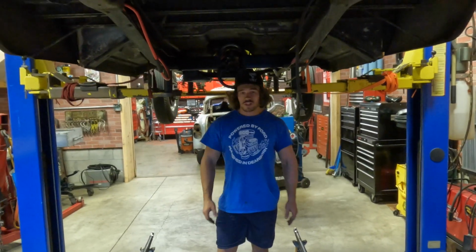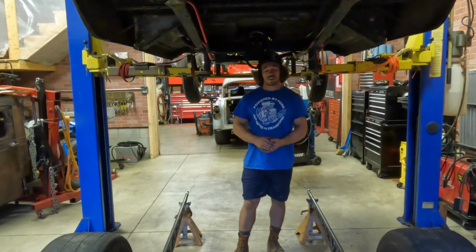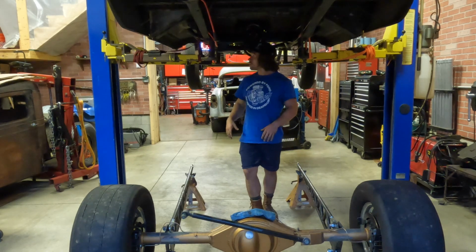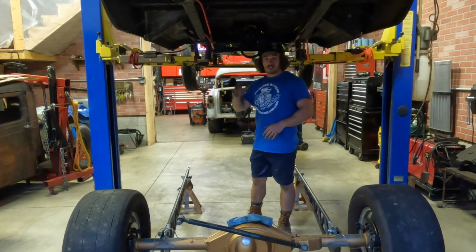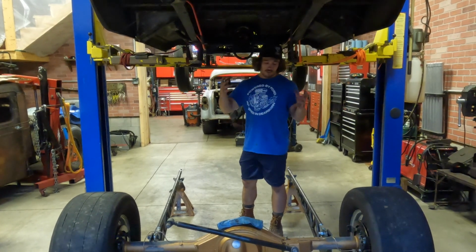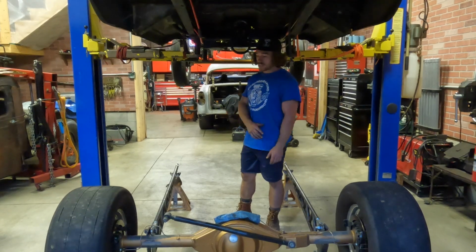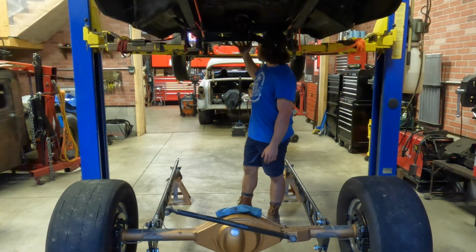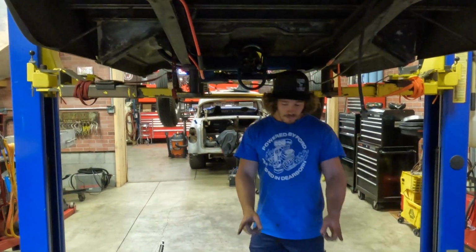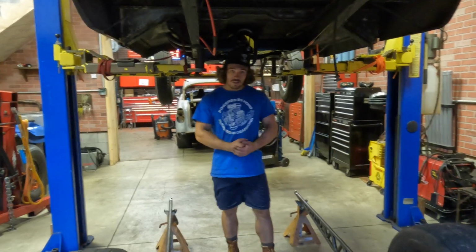Alright, where do I even begin with this episode? We started with the motor out of the truck, then we put the motor back in the truck, adjusted the pinion angle, or the tail shaft angle on the trans and everything, pulled it all back out, re-welded the motor mounts, painted it up, put the motor back in. I got this cross member pulled out, we got the drive shaft loop put in, got the rear end gutted so that I can get these ladder bars started, and that's what you're going to see in the next episode